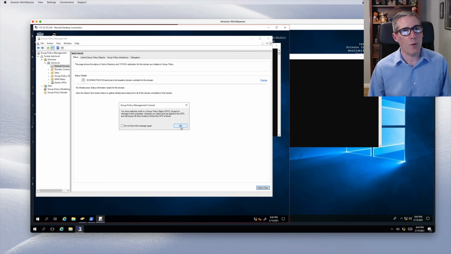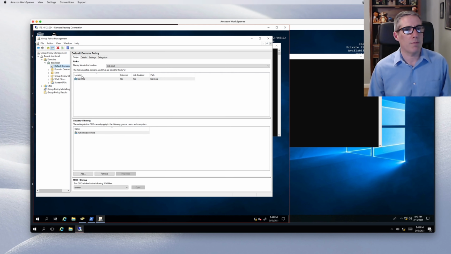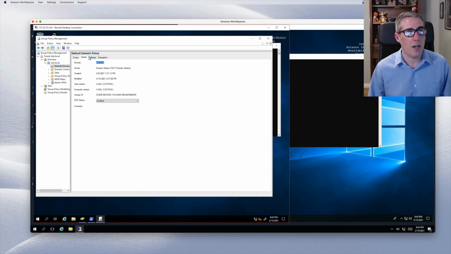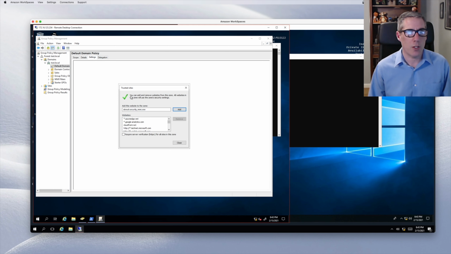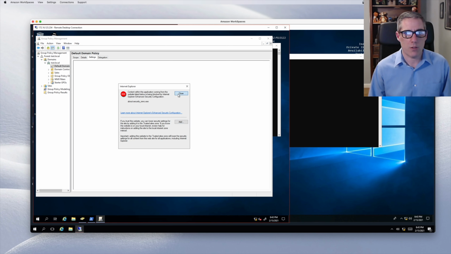This would be really important if I made a change to a group policy that was applied in multiple places, and I thought, I'm going to make this desktop wallpaper policy for sales. But if that same desktop wallpaper policy were also applied to another group, that change would happen. So if I look at what this actually does,